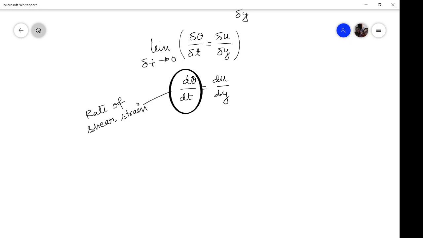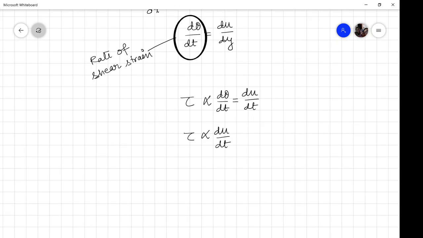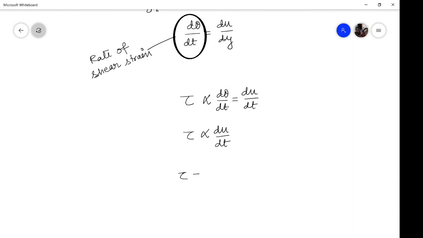So Newton was the first to write that the shear stress in case of fluid is proportional not to the shear strain but the rate of that. So that is d theta by dt, and in this particular case it is du by dy. Therefore, tau is proportional to this velocity gradient, and this velocity gradient will now be called the rate of shear strain. So once you remove the proportionality,